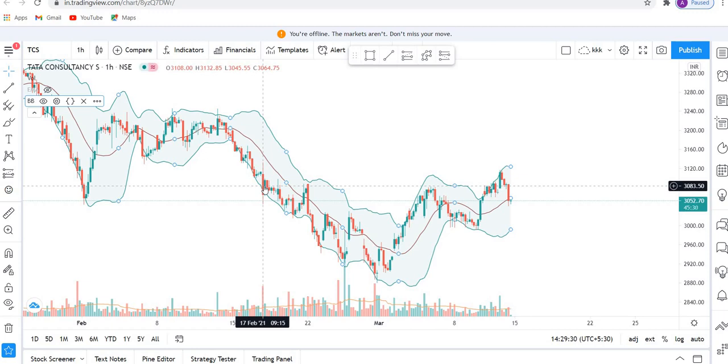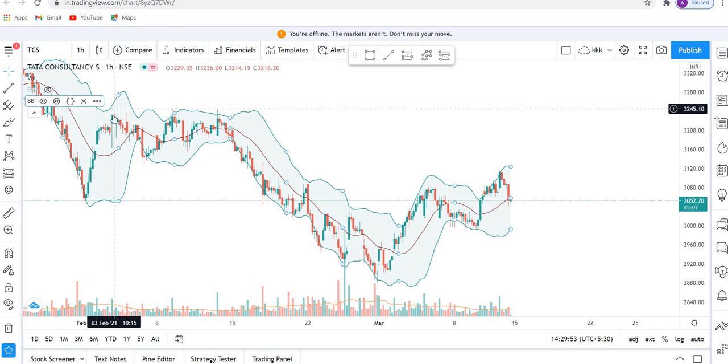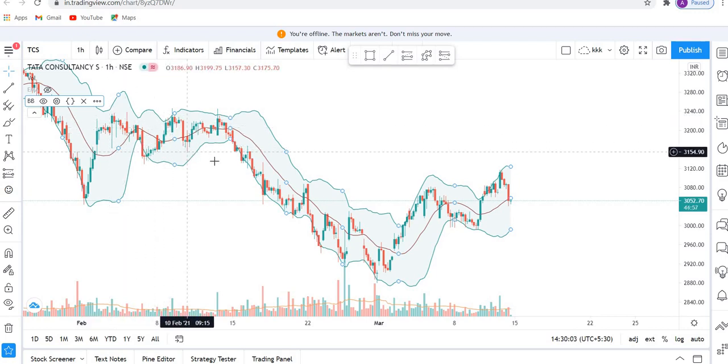So how do we trade based on this technical indicator? There are two major ways through which we can trade. One is contrarian, meaning short term. So what do short term traders do with this indicator? Whenever prices touch the lower band, they take the entry, they create their position, and they exit whenever prices go near the upper band. And if somebody wants to short sell, they can short sell at the upper band and buy back at the lower band. This is how traders do the trading.